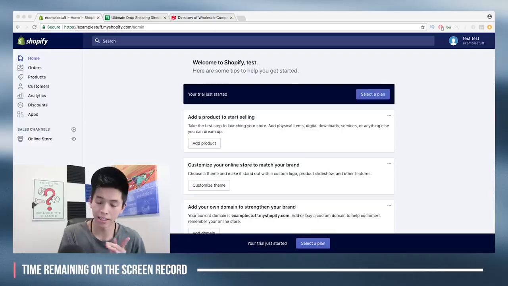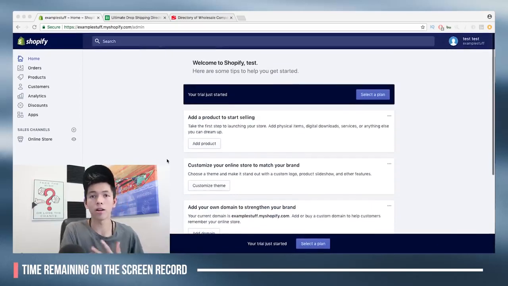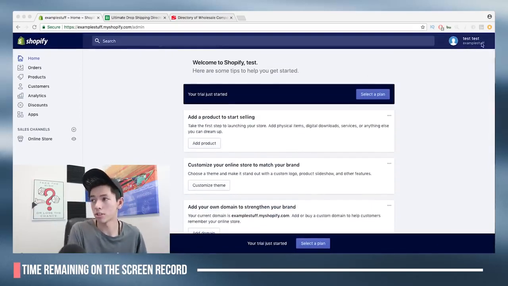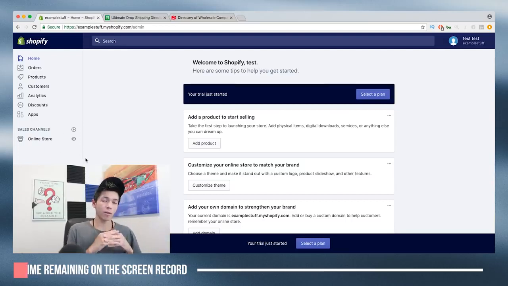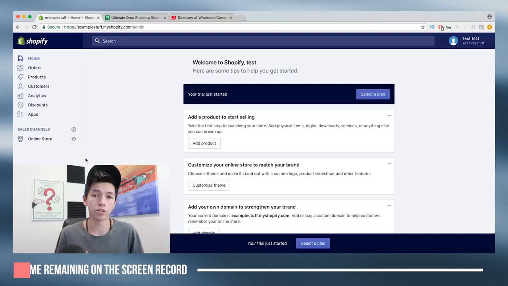Okay guys, we are in the back end of a typical Shopify store. This is just a test store that I've made for you, purely to use as examples and walkthroughs. So if you don't understand, when you're reaching out to these USA suppliers,